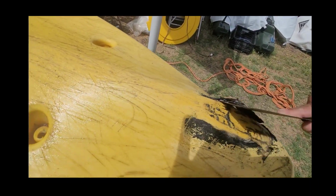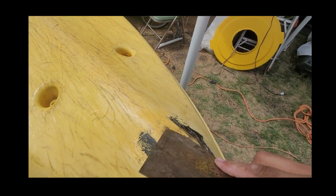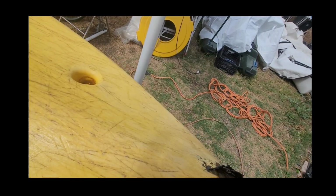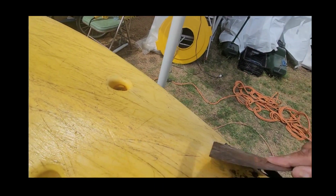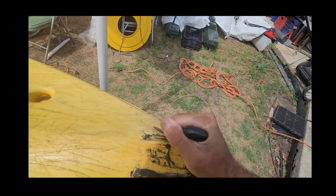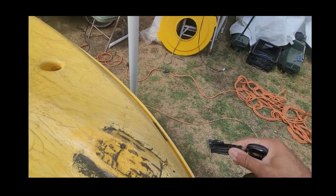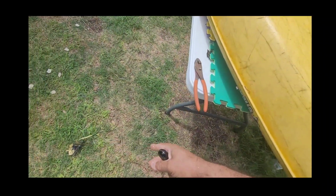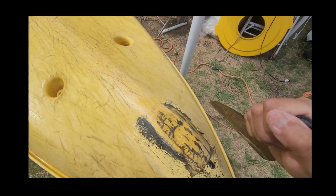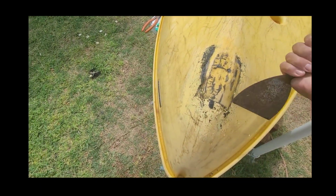Yeah, so what I do is I'll patch all this first, and then I'll test it, and then I'll put the wire mesh. Yeah, here they just coated the hell out of it with this junk. I mean, you can't blame somebody for trying, but